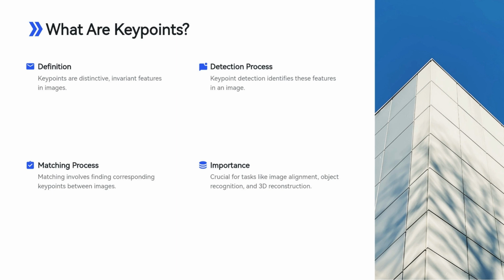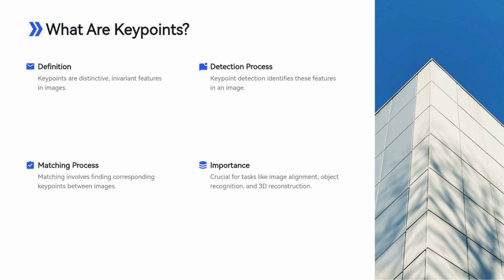Key point detection refers to the process of identifying these points in a given image. Once detected, these key points can be matched between different images to recognize objects, perform image stitching, or track the motion of objects between frames. Key point matching refers to finding the corresponding key points between two or more images. This is a fundamental task in applications such as 3D reconstruction, panorama creation, and object recognition. The ability to match key points across images is what allows systems to understand relationships between different perspectives of the